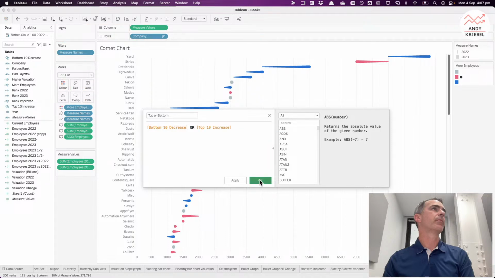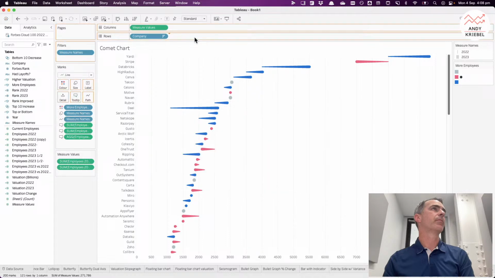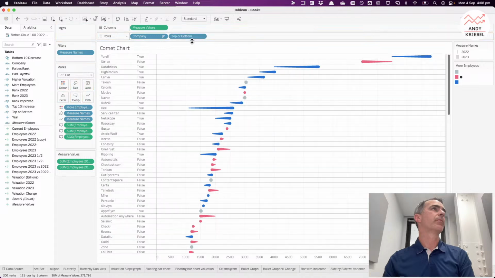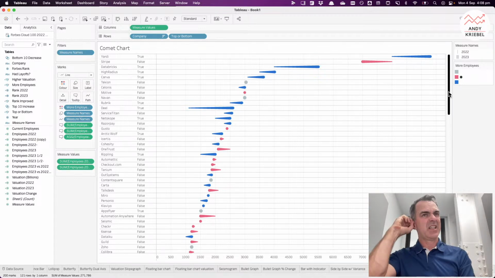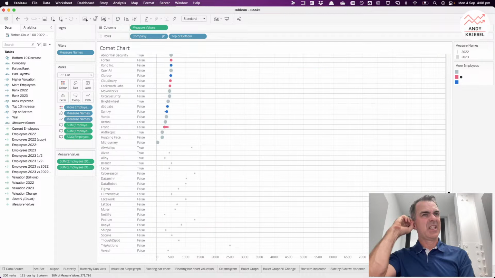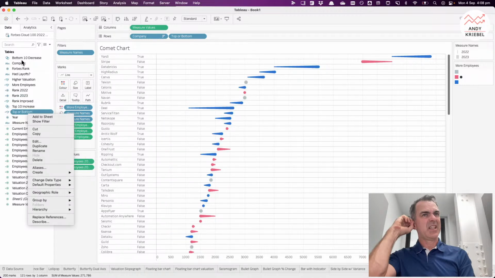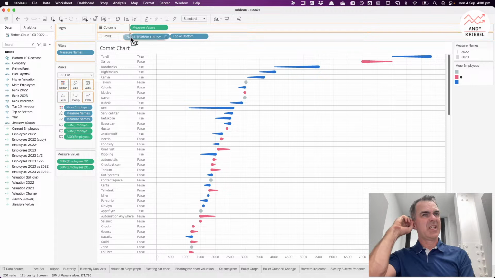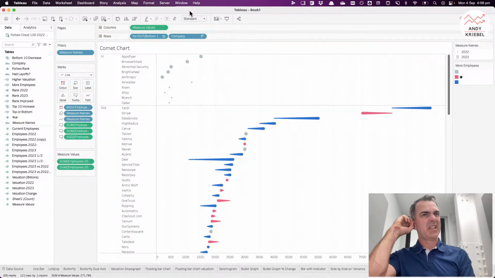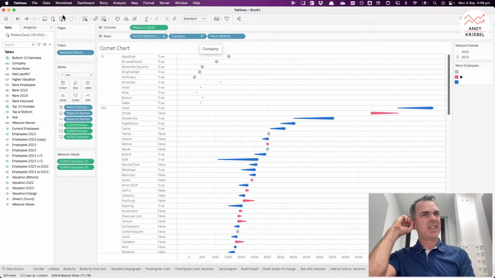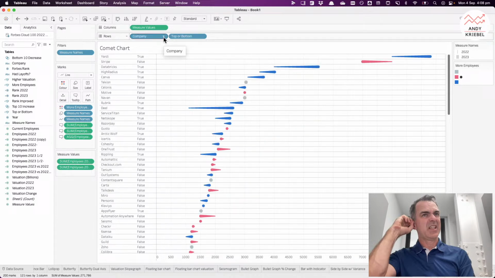Okay, so let me just try this and see what happens. So if I put that here, so that's false. So I should have, okay, so that's not working right. Because these are all nulls. Okay, so I need to, I want to filter